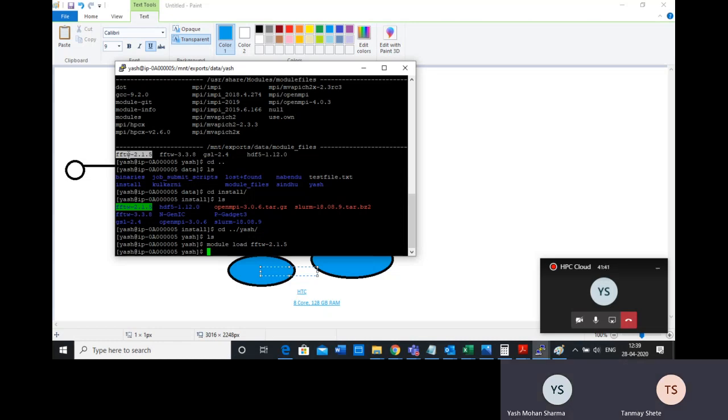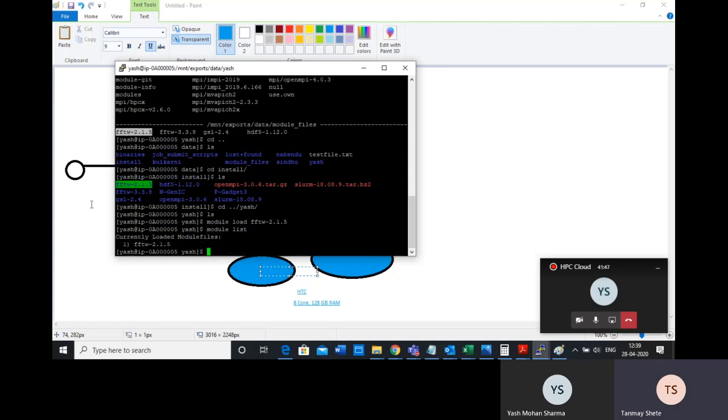You can check all the linked modules by running module list. So for example, this module is loaded now and I can use it. This is the way of working with the modules, right?